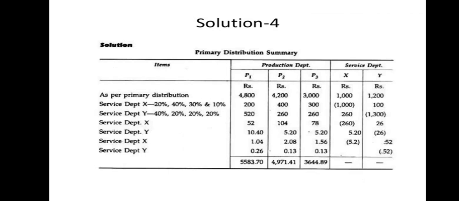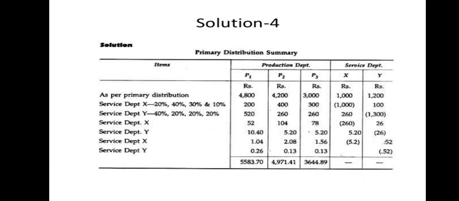Production department 2, 1,200 into 20 by 100, that is 260. Production department 3, 1,200 into 20 by 100, that is 260. And for service department X, we need to apportion, because we need to take very clearly for